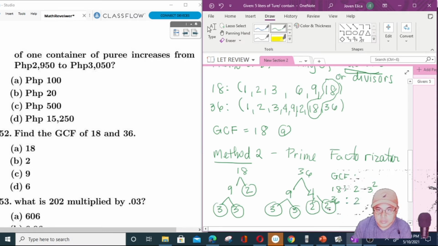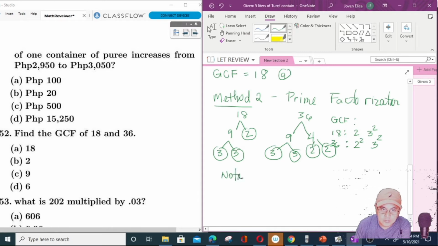How many number 2's? 2. So we just raise the 2 to the second power, because there are 2 number 2's. And then 3, there are 2 3's, so 3 raised to 2. So therefore, the GCF,